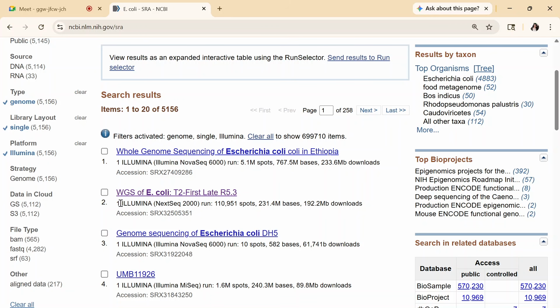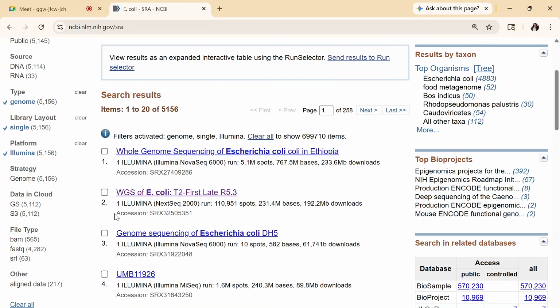So here again, let's look here. Illumina is written here, meaning the platform is Illumina. Illumina produces high quality reads. The error rate is very low from the Illumina platform, so this means that the results are very reliable. Next it is written NextSeq 2000, meaning it is the exact NGS machine that was used to produce the FASTQ file of this data set. And here we have already understood about the spots, meaning it contains around 1 lakh reads.